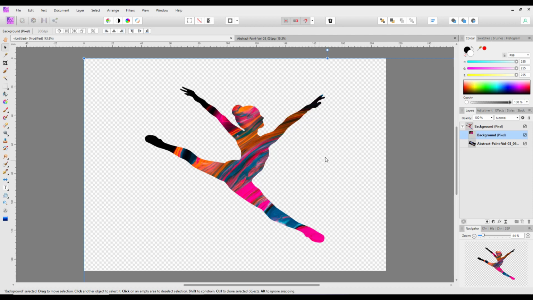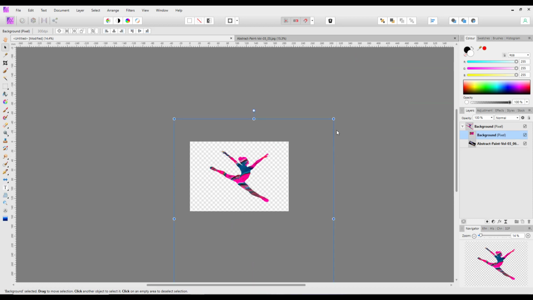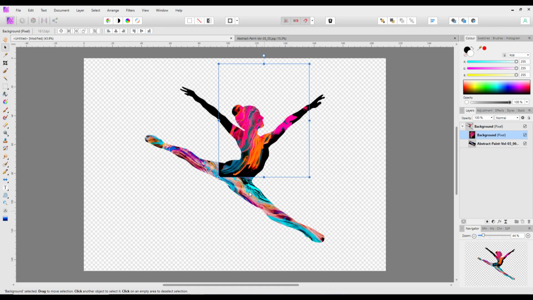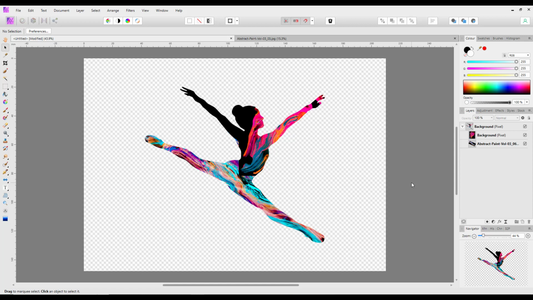So I just need to come to the move tool, and again zoom out, because these images are quite big. I'm going to reduce its size down, and then come out again. Right, so I'm going to leave that there so it covers up this side here, and then I'm going to add another one